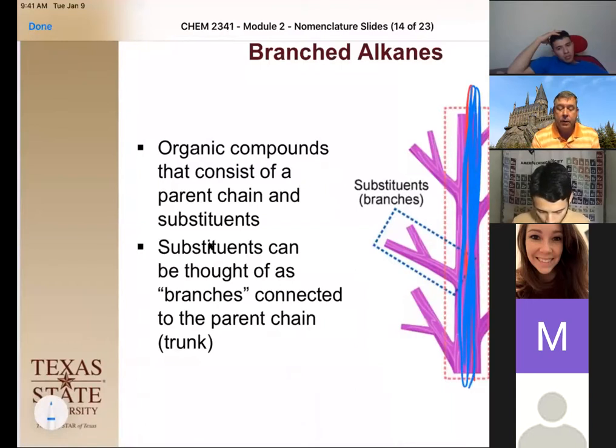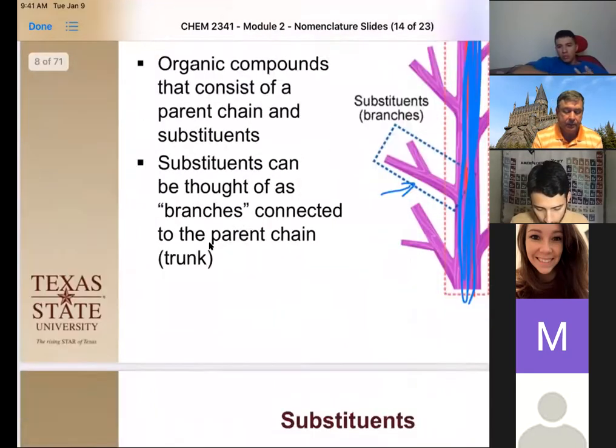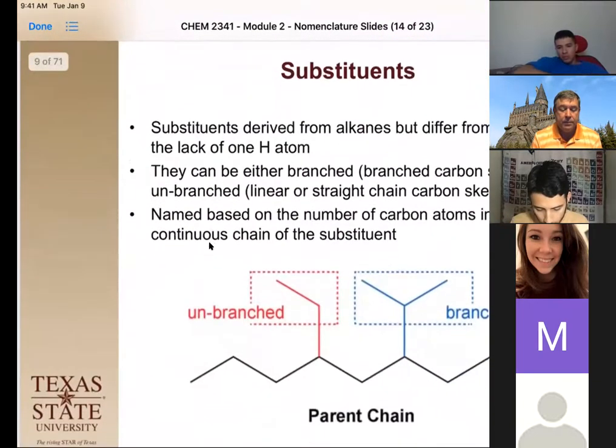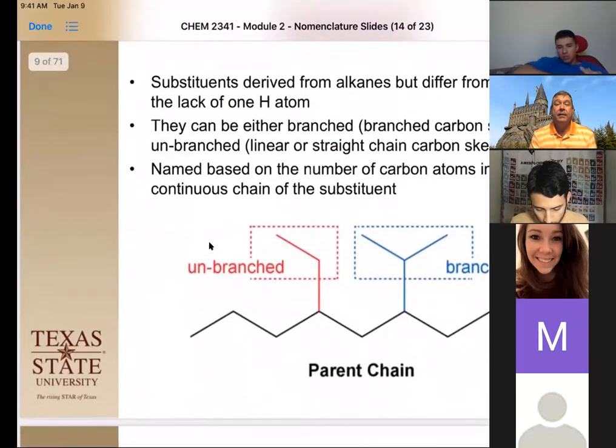And then you have different substituents. You can have 1, 10, 20 substituents, depending on how long your chain is. And all of those little branches are what we call substituents, and they all have to be named as a prefix because they are a substituent to the parent chain. Okay, so let's look at some of those possibilities there. So substituents are anything that sticks off the main chain, okay?